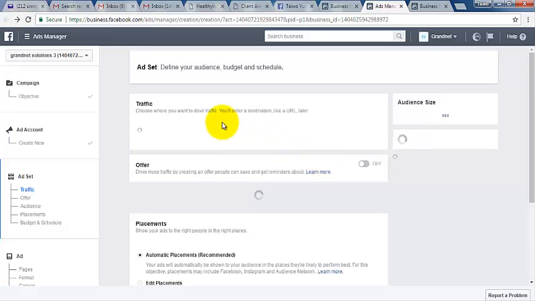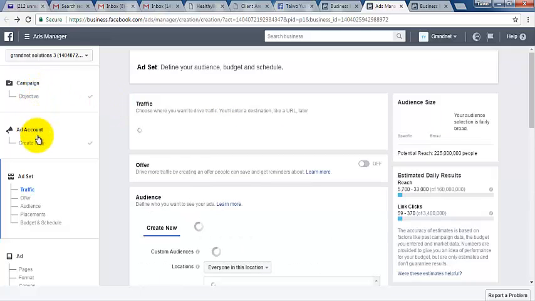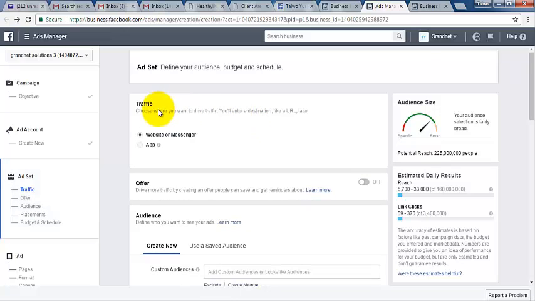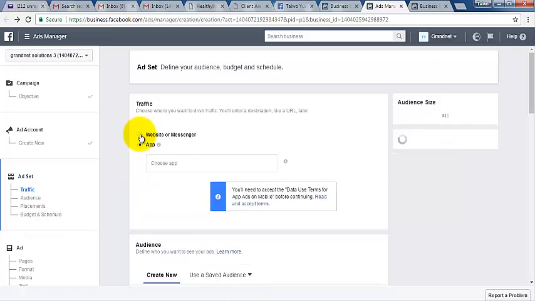So let me quickly brush through some of these options. I've created the account. I've chosen traffic. My network is a bit slow. Okay, so here is asking me what type of traffic. Do I want to send people to my website, or do I want to promote an application? So I'll just go for the website